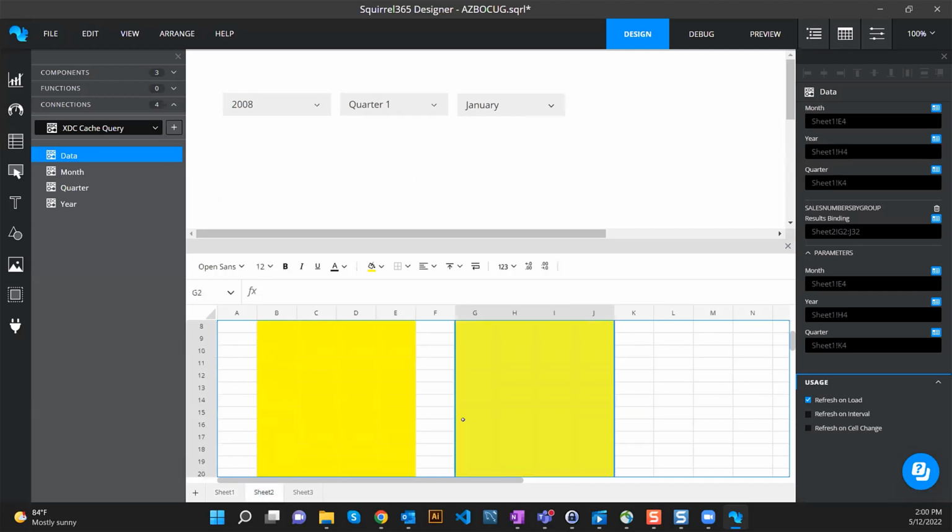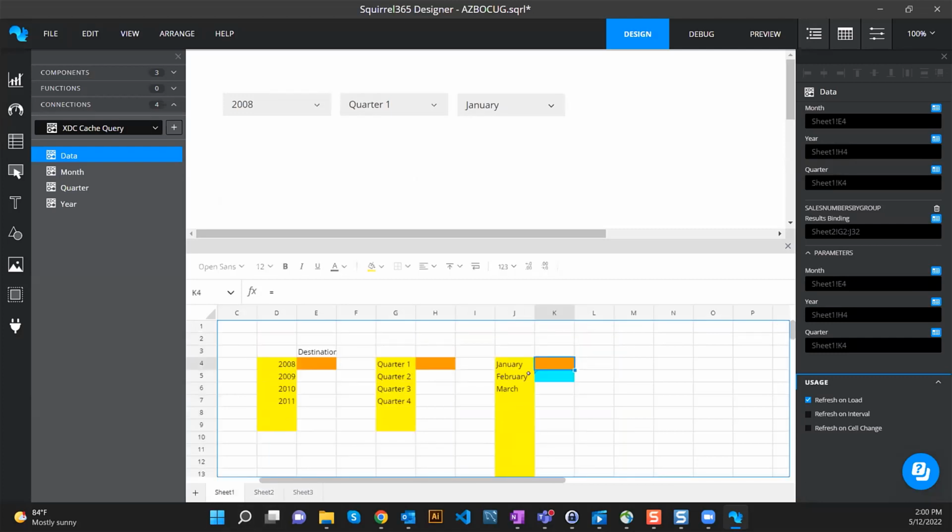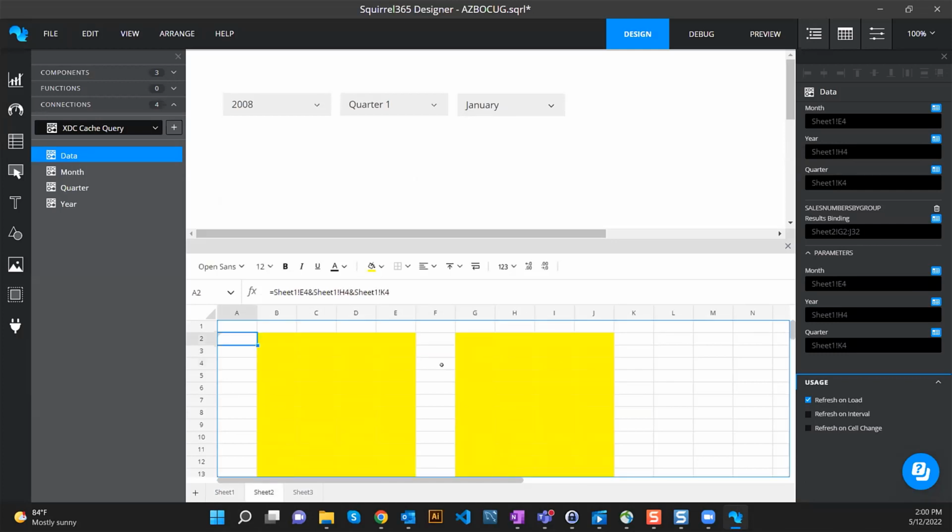So I'm going to come back over here. That way it's all in the same place. And I'm just going to put this equals the destination for year, destination for quarter, destination for month. Hit enter. Give that a color so I know that's being occupied. And instead of refresh on load, refresh on cell change. And now if I go into debug,